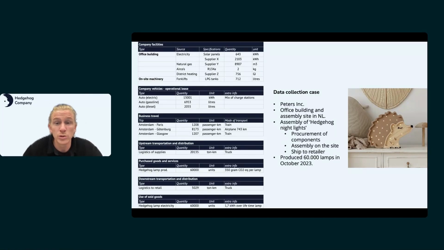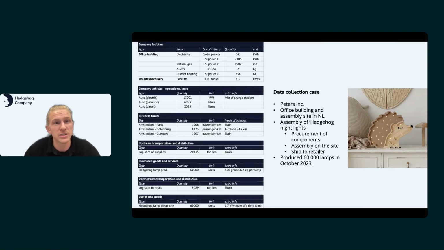Peters Incorporated has produced 60,000 lamps in the month October of 2023, so it's quite a big organization. When you look into the left side, there is a print screen of a spreadsheet that I've already filled in. So this is my data collection sheet that I have used for Peters Incorporated. While doing your scope demarcation, you can predetermine, of course, what inputs you are looking for based on the emission sources and the scopes. And then write that out in your spreadsheet or your Microsoft Excel or whatever you're using to facilitate and organize